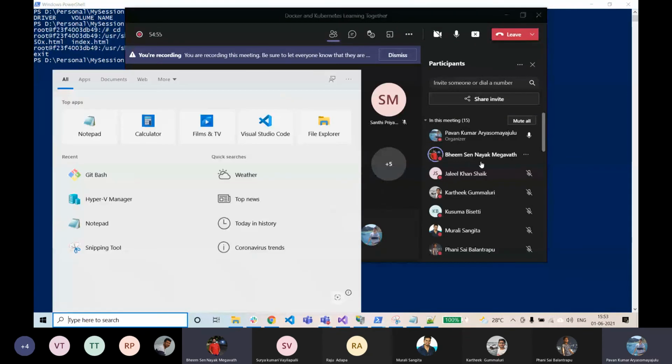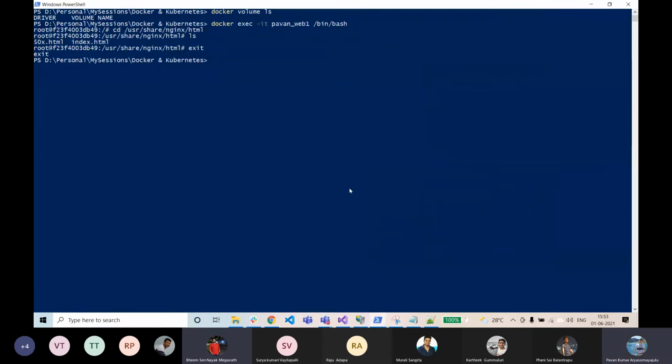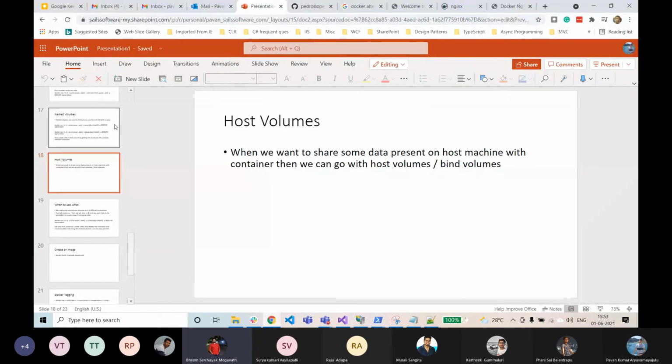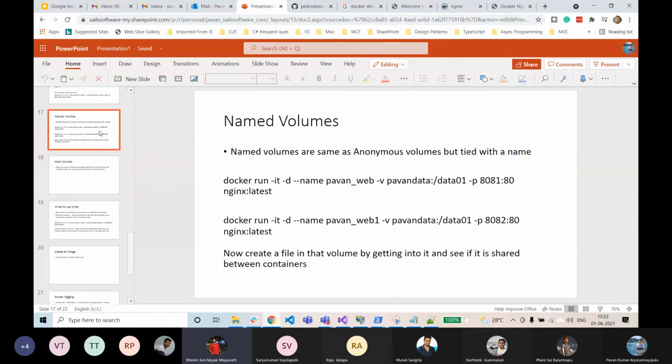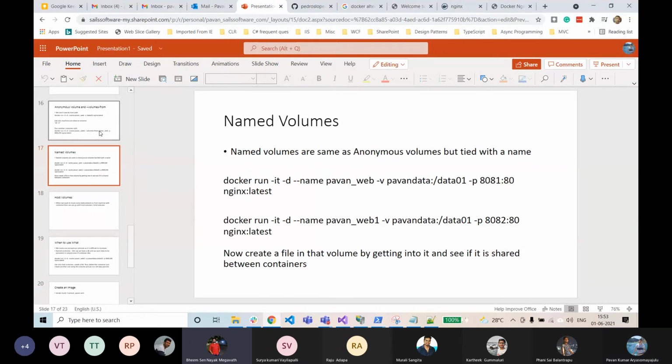So you told us about anonymous volumes and named volumes, right? For anonymous volumes, you said there is no proper naming convention, and we are not able to define which volume actually belongs to which container. But the purpose is the same for named, host, or anonymous, right?